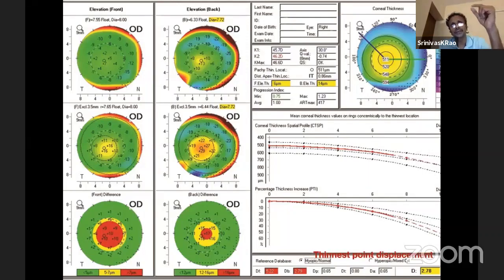First one is how thin is the thinnest point, and the next one is how far is it from the center. So these are the 5 data that they can look at. And the last box here, the one composite D, is a composite measurement of all of these values. And again, here it is color coded.